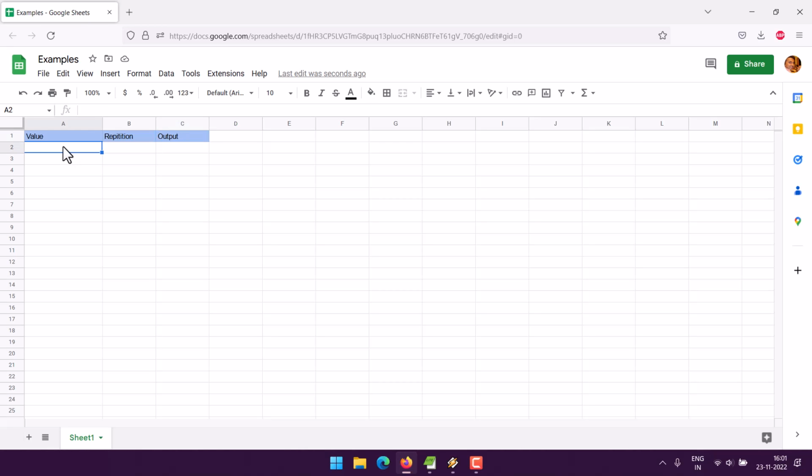So let's say I have a value of 5 that I want to repeat, not multiply, repeat. Repeating it 2 times gives 5 5, 3 times gives triple 5, 4 times gives four 5s, right? So repetition 2, then output. Here we will use the REPT function. So A2, B2, right? Closing this bracket should give you 55,